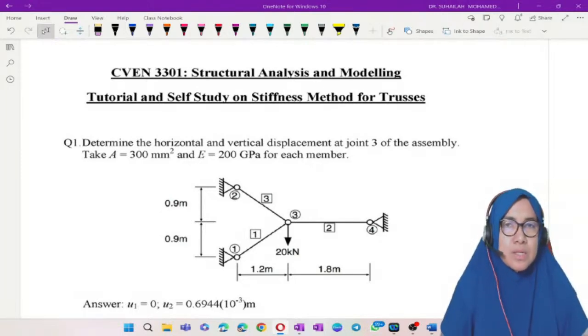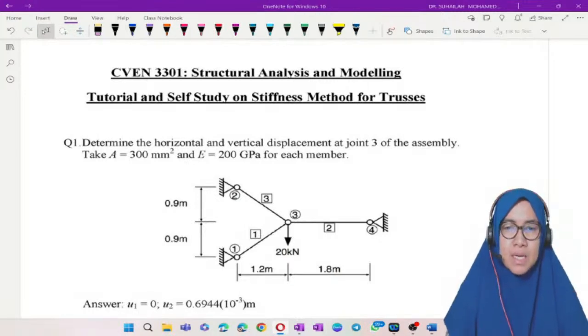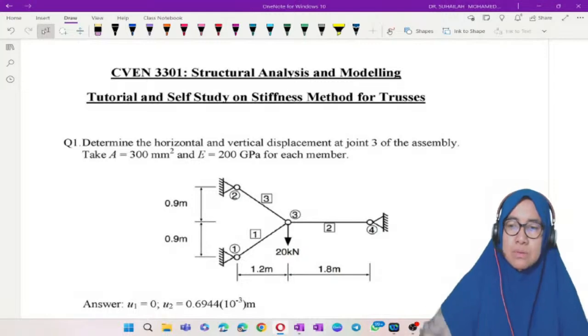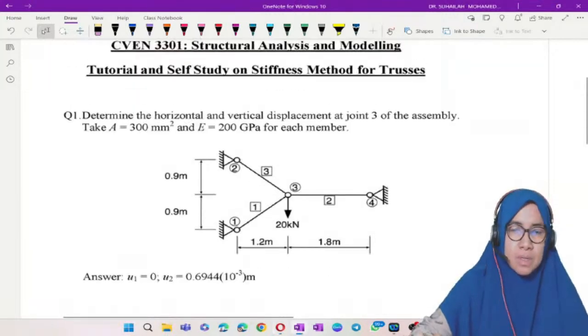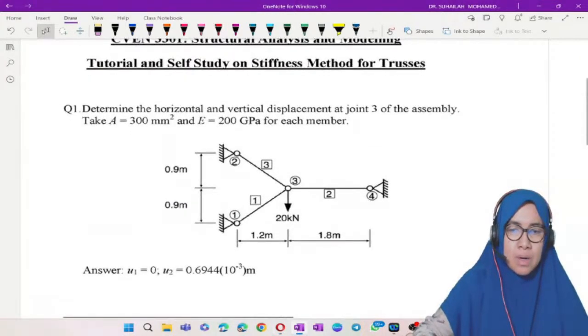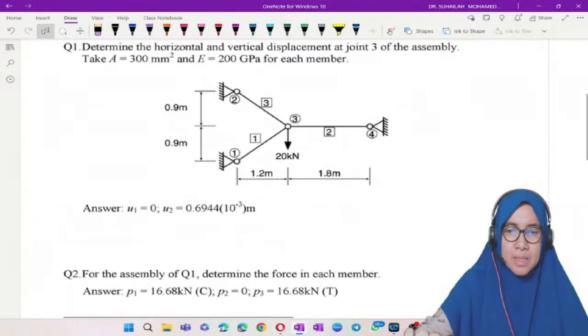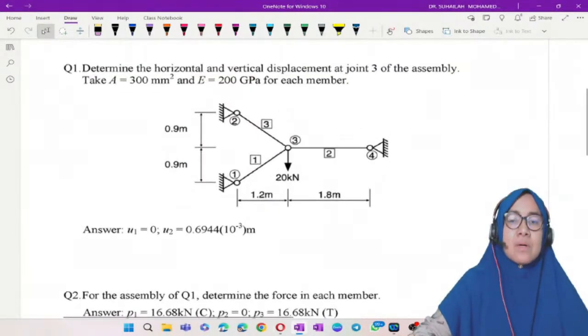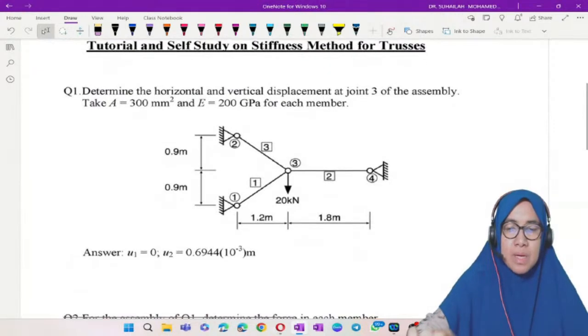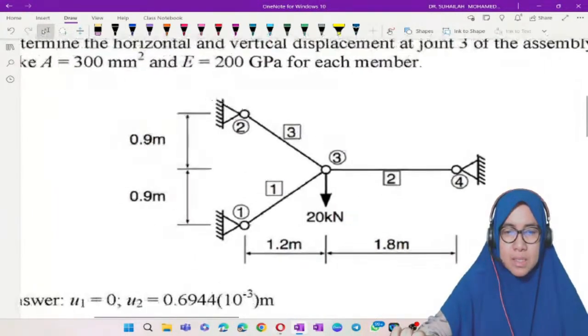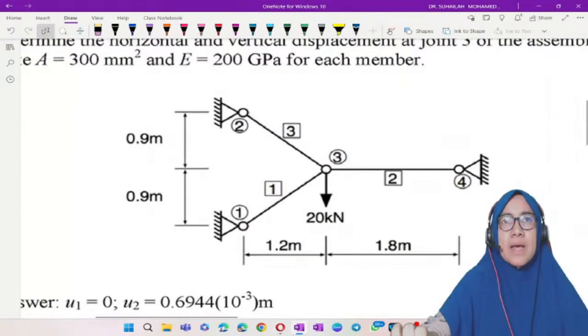Okay, in this session, we are going to revise stiffness matrix analysis of truss. So I have chosen an example question from the internet. Just look at this truss. So this truss has